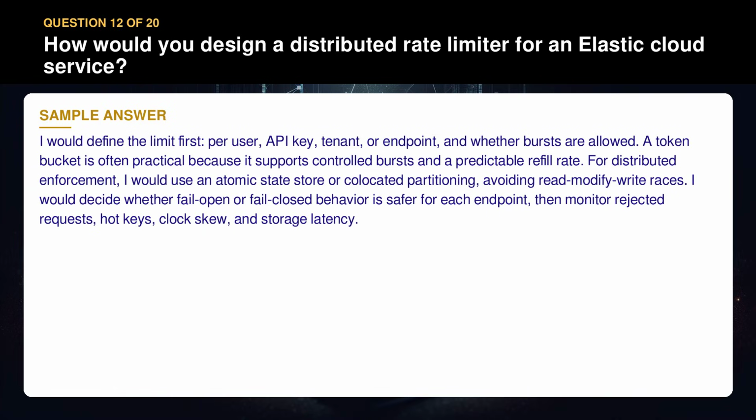I would define the limit first, per user, API key, tenant, or endpoint, and whether bursts are allowed. A token bucket is often practical because it supports controlled bursts and a predictable refill rate. For distributed enforcement, I would use an atomic state store or collocated partitioning, avoiding read-modify-write races. I would decide whether fail-open or fail-closed behavior is safer for each endpoint, then monitor rejected requests, hotkeys, clock skew,